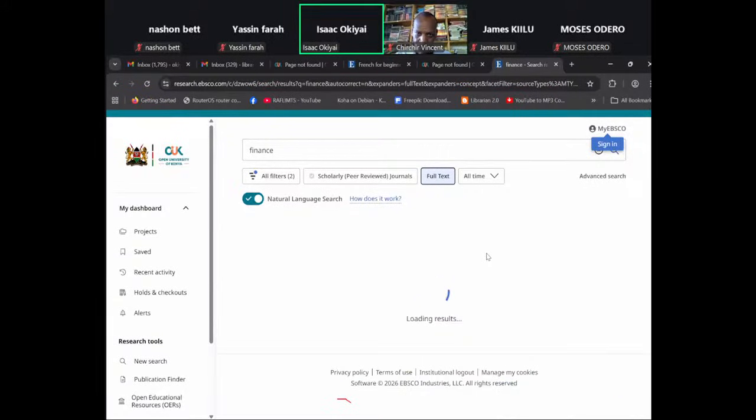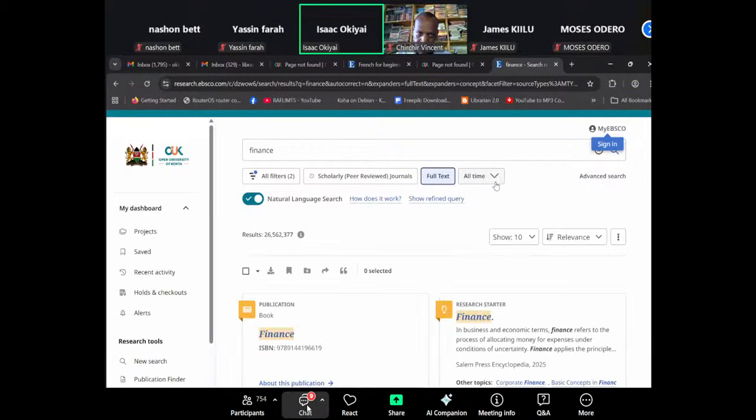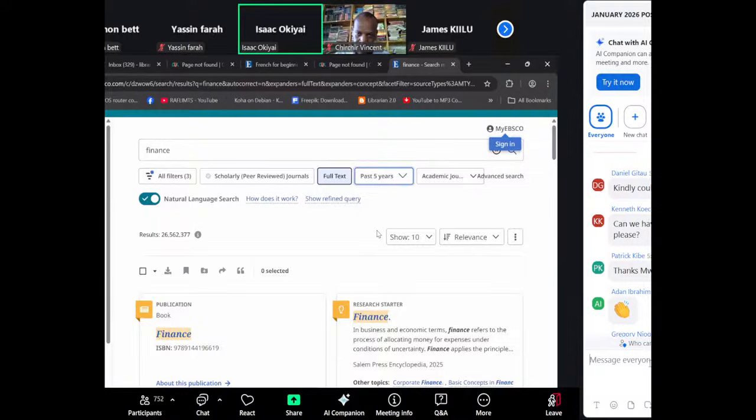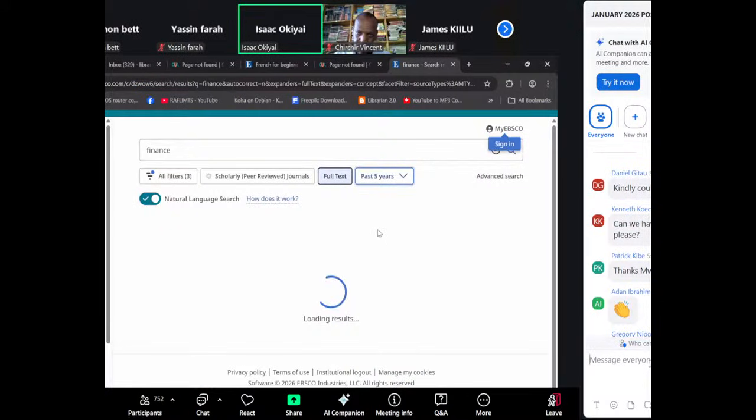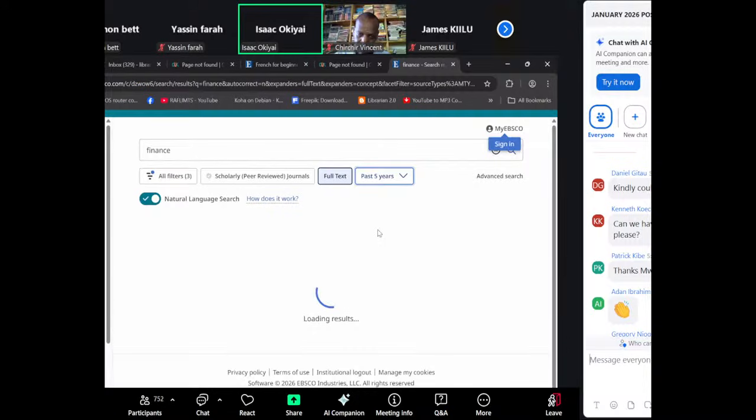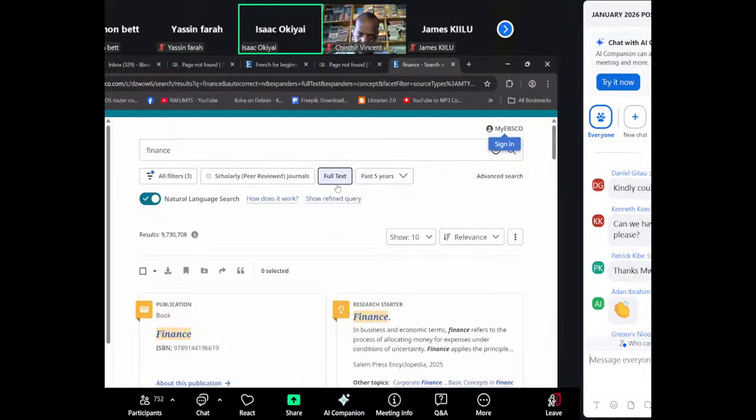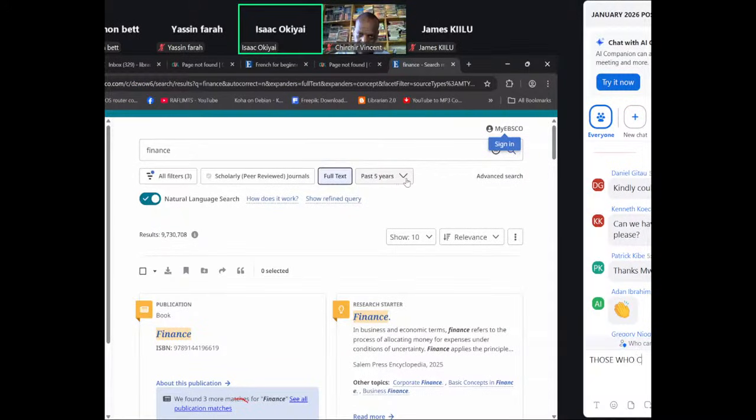And I want my references to be relevant. So I will go for ones that have been published in the last 5 years. So I'll just say 5 years. Do that. So I've added my filters. I've said I want full text, those that I can access. I want those that have been published in the last 5 years, and they must be